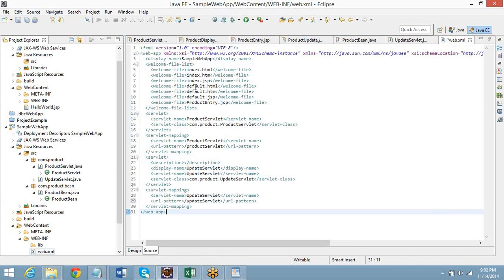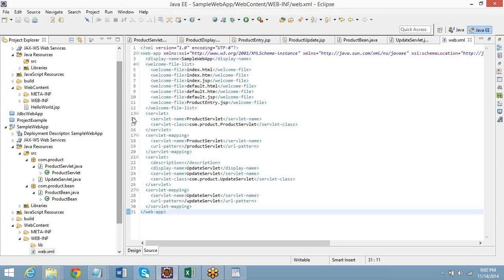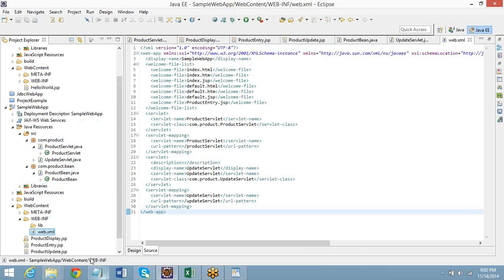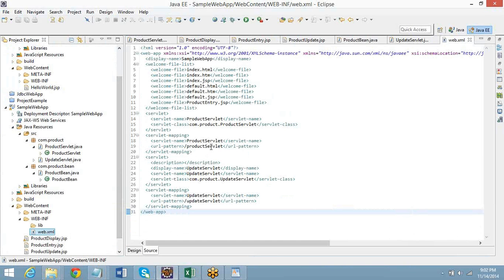Do Control Shift R. Okay, this is like searching. Yeah, type any file. Searching inside the project? No, the whole workspace. Oh, okay. This folder which I was using I had not added into the workspace, so that's the reason it's not showing up in my workspace.